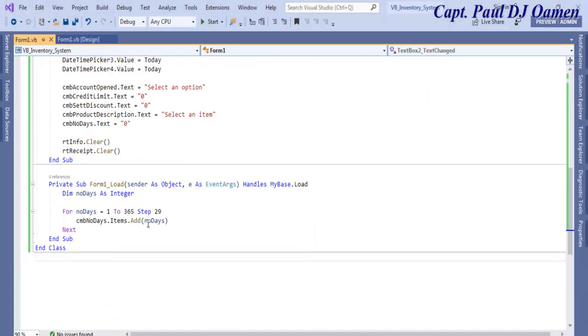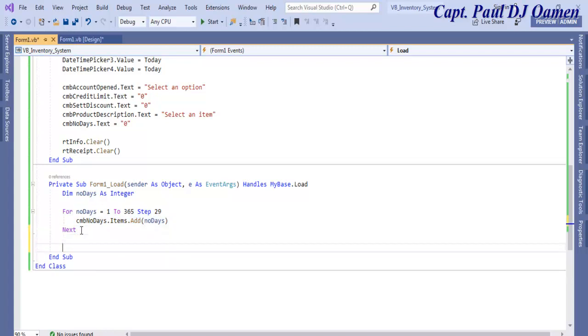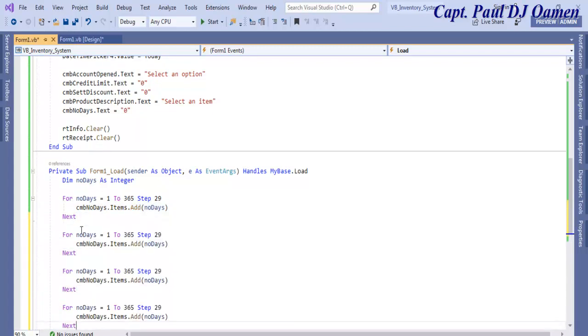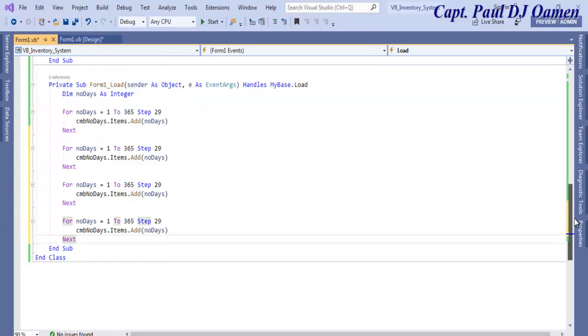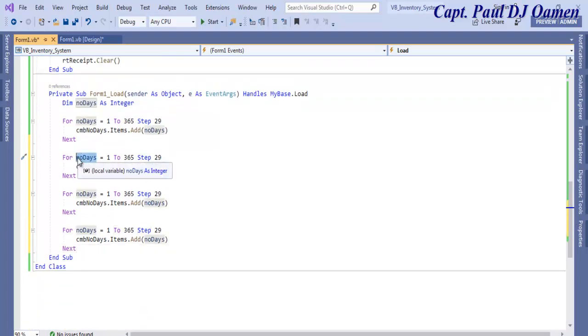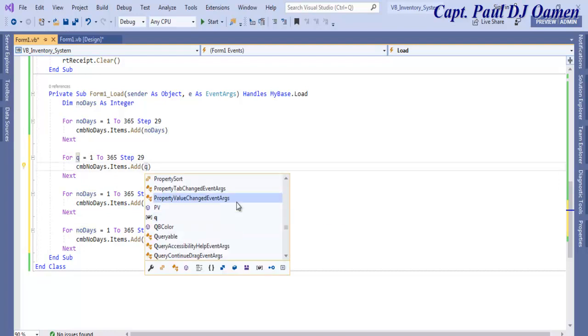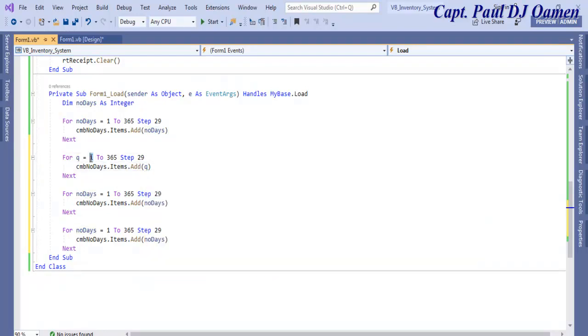And the next one, I'm just going to copy this. Okay, the next one, that's going to be Q. For letter Q, let's change this one to Q as well, and that is going to be 0 to 50. Let's say we have 0 to 50, and I'm going to make that step 5, and that is supposed to be for the limit. Now let's make that step 10, and that is meant to be,